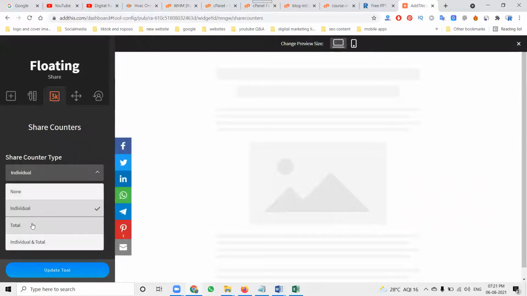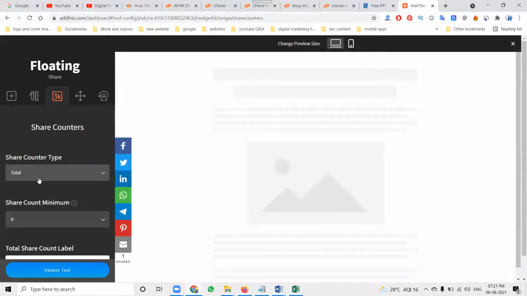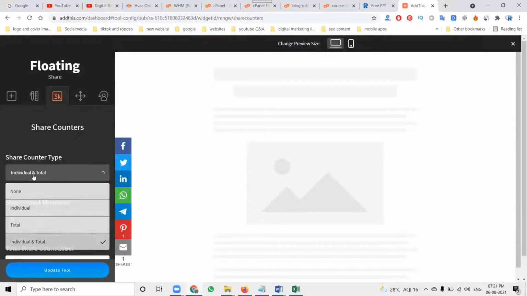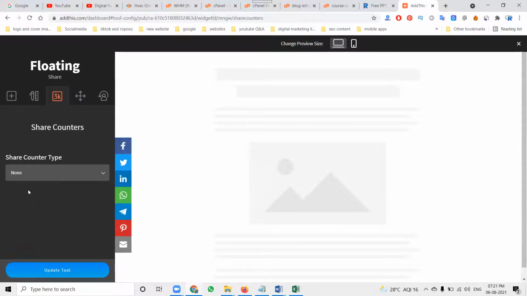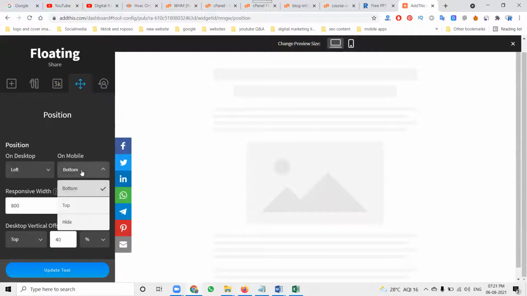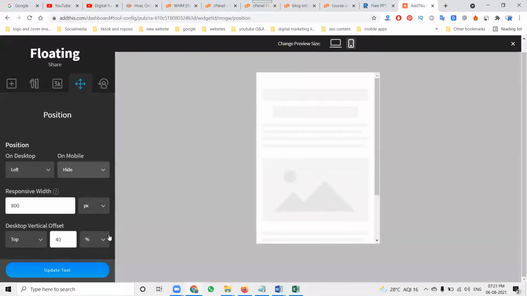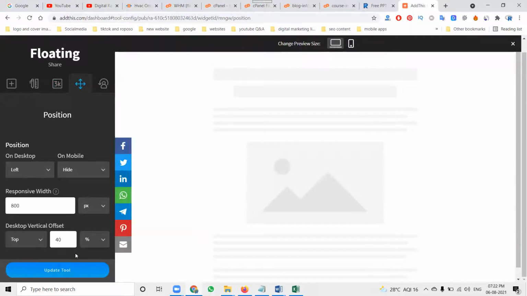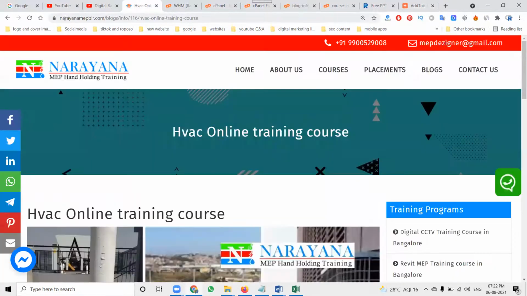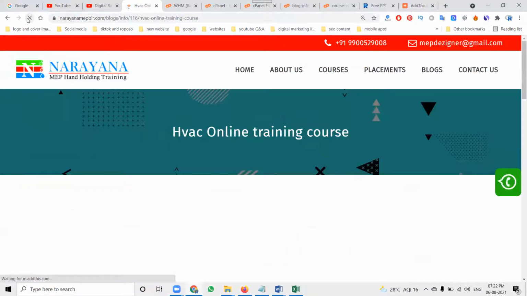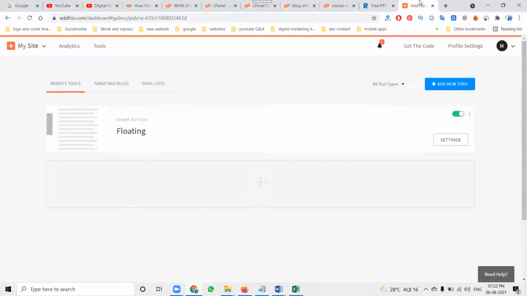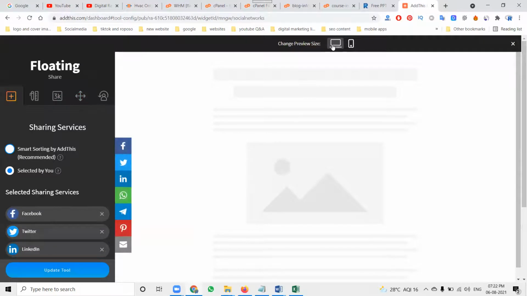Individual, total, and individual and total. So what are the clicks? Count type. I'm not looking for any count type. Click here. In this, bottom, top, and hide. If you click hide here, I'll show you. Now click for setting in this.